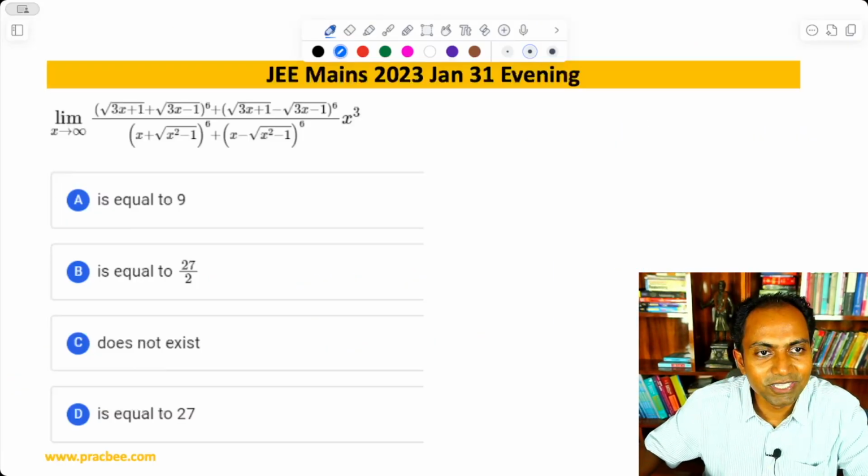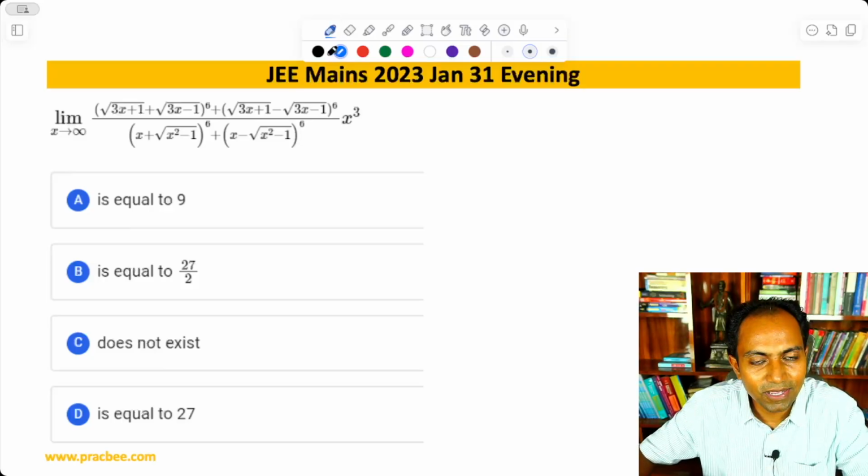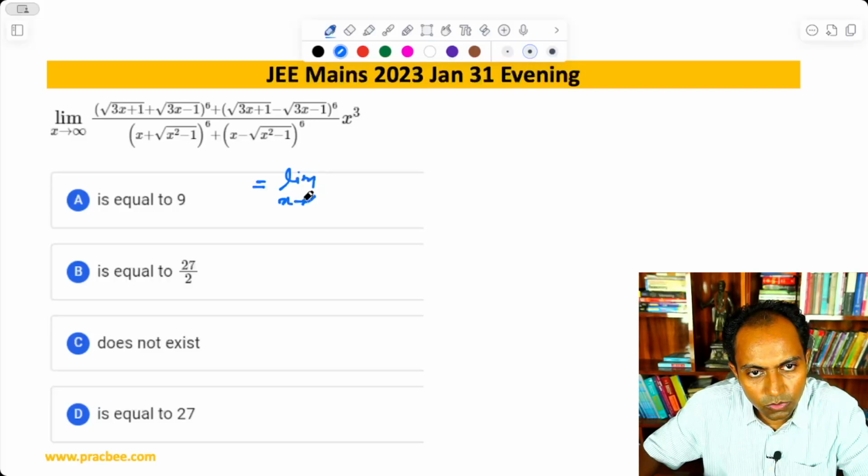If I look into this next question, it is very simple. What you can do is again take x raised to the power 6 common from the denominator. Let us take x cube common from the numerator. If I take this x cube common, there is another x cube waiting for me, so this will become x raised to the power 6. Since I take x common inside this root sign, this will become